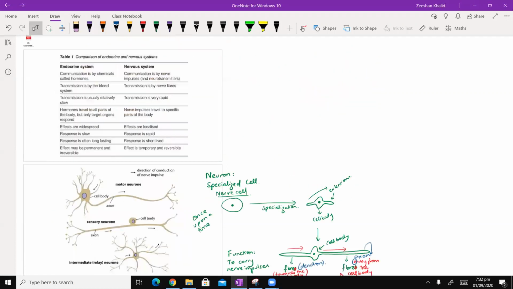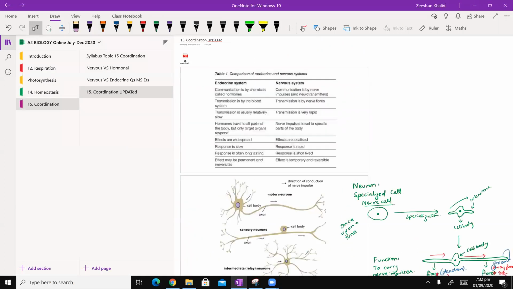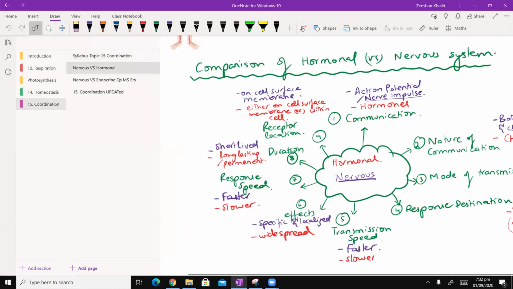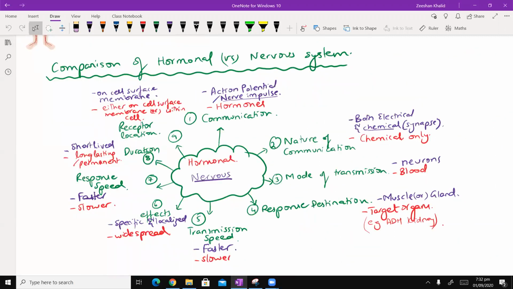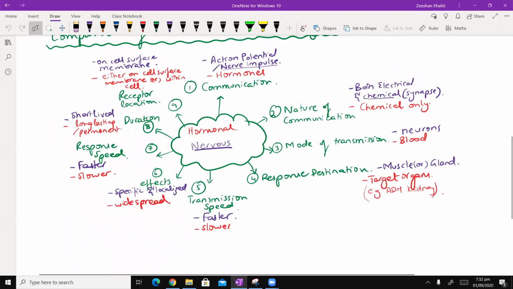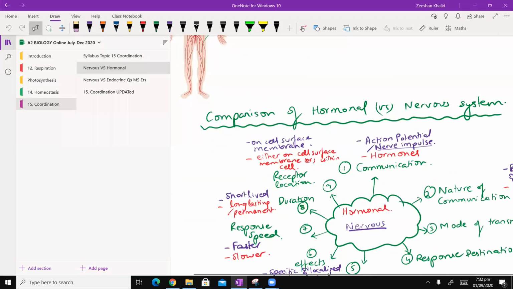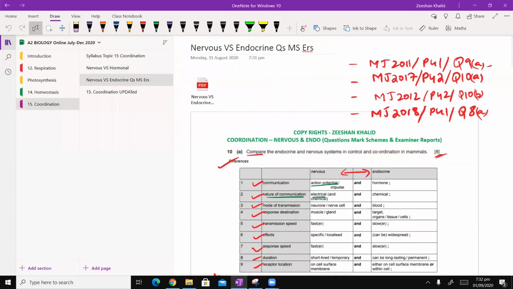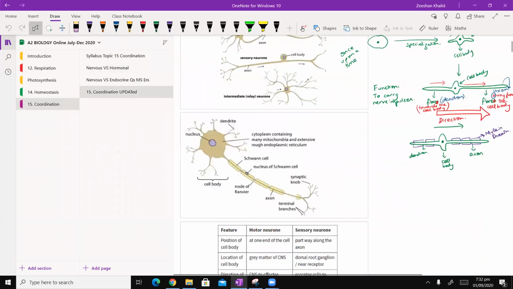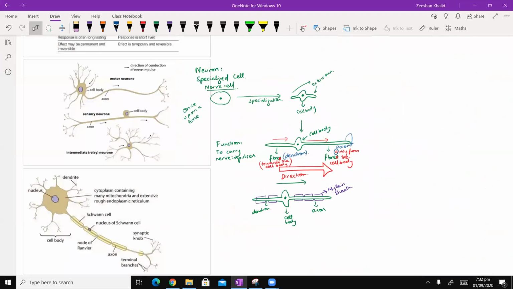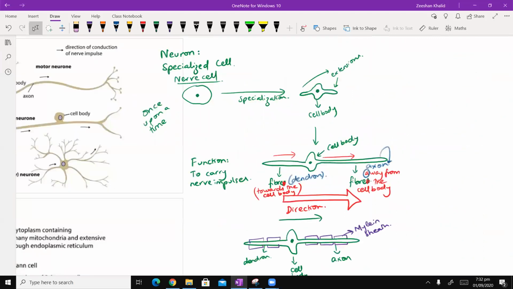Quickly, just to give you an overview of what we did yesterday. Basically, we started off with the syllabus for the aapse. The main thing that we did yesterday basically was the comparison of the hormonal and the nervous system in terms of the following 9 differences. And then we also saw some similarities in the past paper questions, okay? And then we went on to discuss some past paper questions. और हमने अपनी बात ख़त्म की थी. We finished off basically discussing the general idea about the neurons, okay?